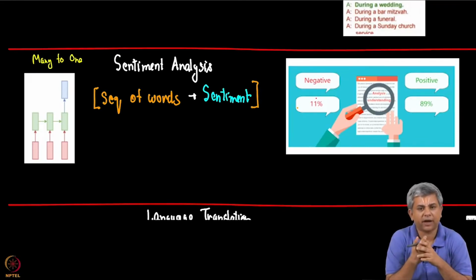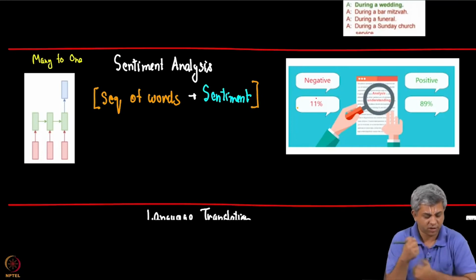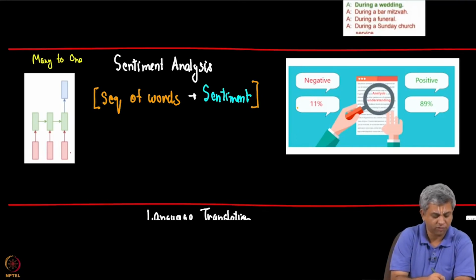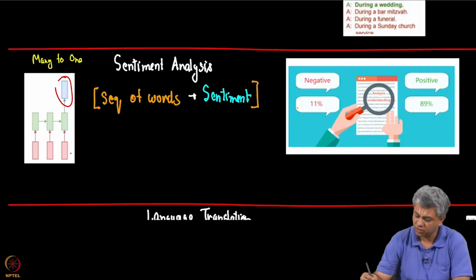Some student at IIT Madras actually did a nice work of analyzing Twitter feeds of many companies, stocks, and trying to figure out whether the market sentiment for this was positive or negative. This can be done automatically. Once again, if you use an RNN structure for this, it would be a many to one structure, a whole bunch of words with one output, is this positive or negative. You can do several things with this.